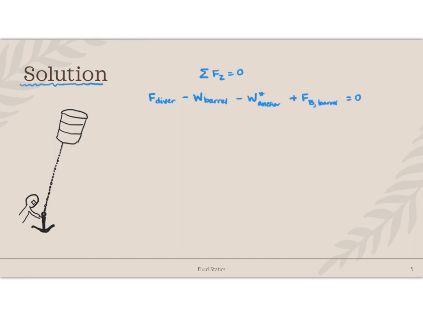Now note the weight of the anchor is with the buoyancy force of the anchor already accounted for, so I put a star on that one to remind us of that. In this case, rho g for the seawater